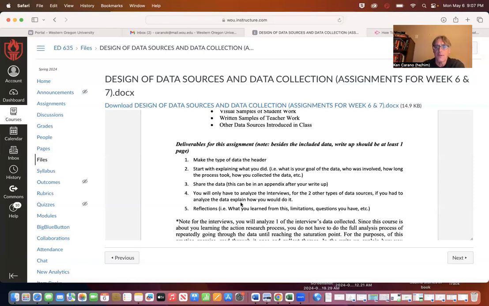So you only have to analyze the interviews or one of the interviews. For the other 2 types of data sources, the ones you're doing this week, you don't have to worry about any analysis. All you're going to do is, if you had to analyze the data, explain how you would do it. For example, I'm going to read off what I wrote here as I was writing this up. For explaining the analysis of how I do the observation, I might say something like, I